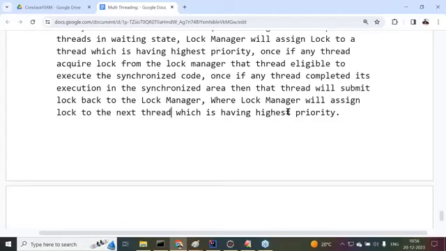Then we may ask one question: sir, if it is a sequential output, performance will be down. More execution time will be taken, performance will be down. Yes, definitely, your thought is right. There is a drawback with synchronization. If you want to achieve data consistency, we have to implement synchronization. But if you want to implement synchronization, then we have to compromise on the performance.